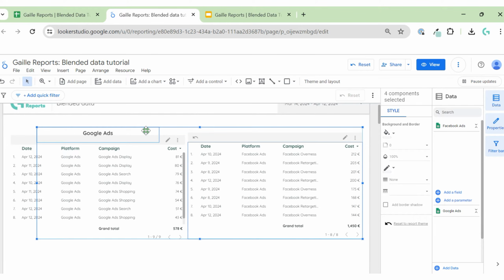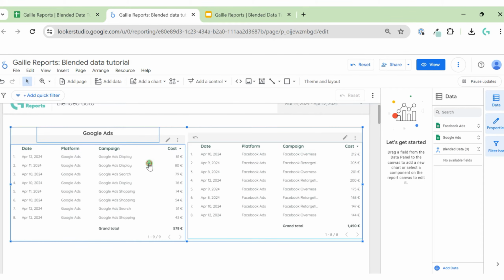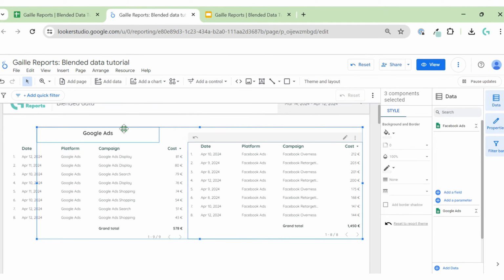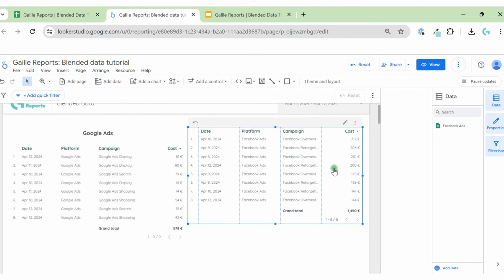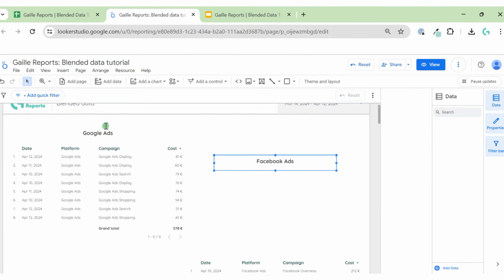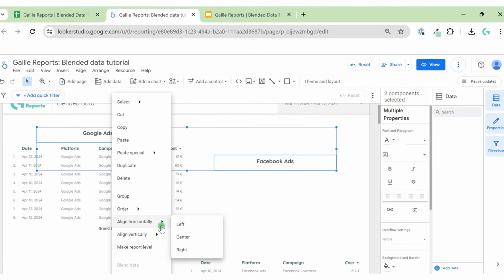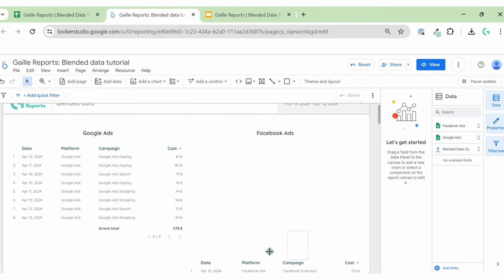I don't know why my laptop is so slow, sorry. Oh, my friend, please. I'm really sorry. Vertical top. Okay. I'm really sorry that you have to see this stuff. Vertical top. And